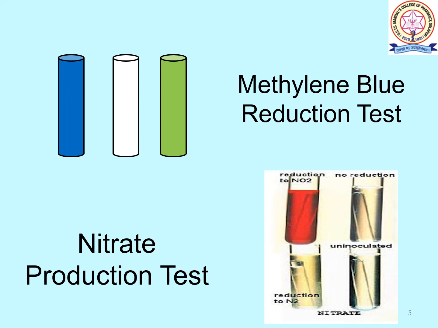Here, 1 drop of 1% aqueous methylene blue is added to the broth culture. It will be incubated at 37 degrees Celsius. If there is complete decolorization, that is from blue to completely colorless, then it is strongly positive. If it shows a green color, then it is a weakly positive test. That means that much reduction is not occurring, or the capacity is a little low. This methylene blue reduction test only involves the addition of methylene blue.